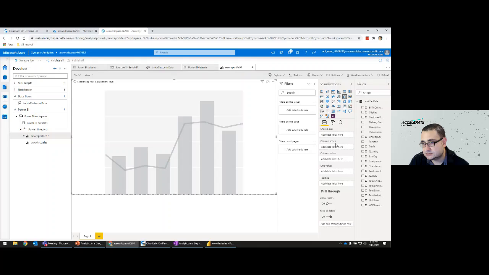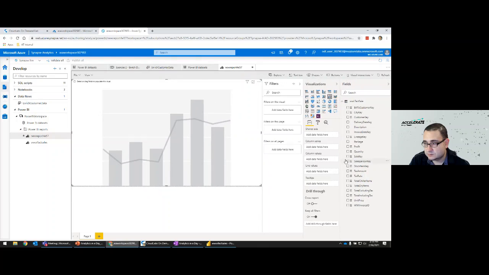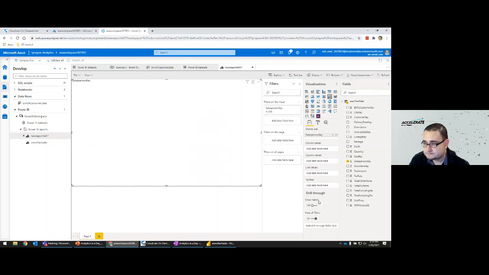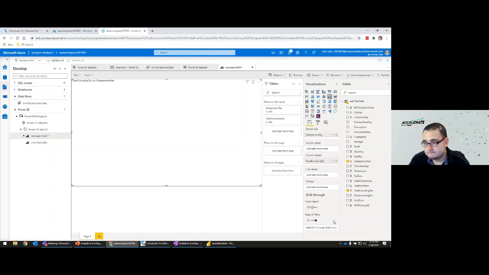And you see that that chart now has different axes and different series and values that we need to provide. So in the shared axis, we're gonna use the salesperson key, and we can drag it there. For the column values, we're gonna use the total excluding tax. So column values in there.